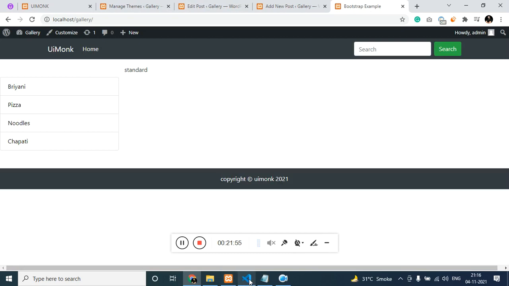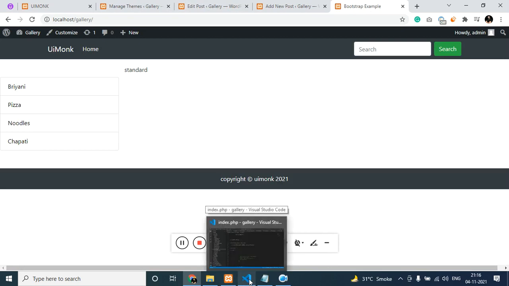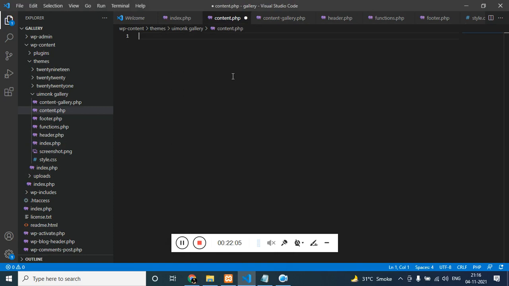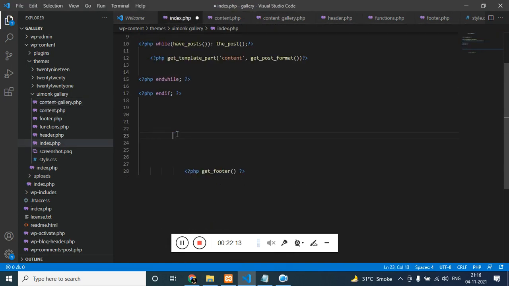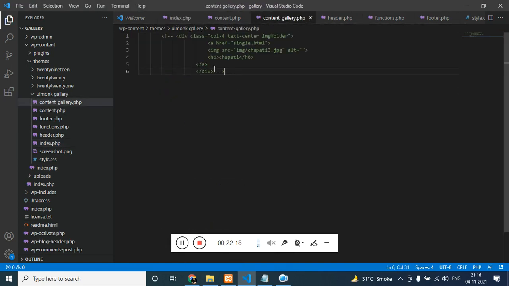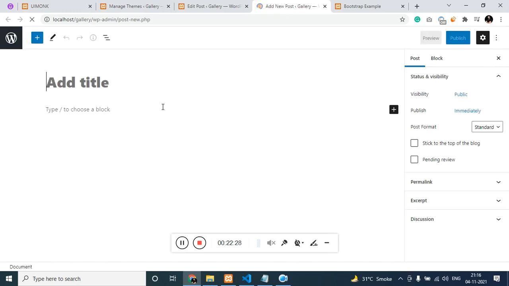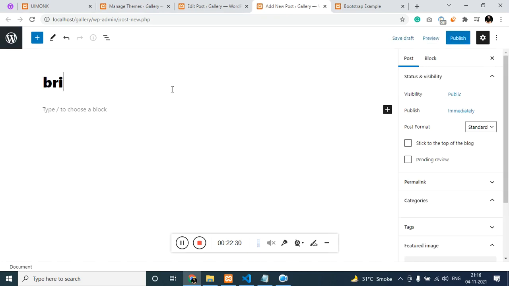By this time you might have understood that based on our selection, the page is getting created. In case you want a separate design, you can create that separate design over here. Now we are going to stick to the normal flow. For that, the normal flow HTML is here. Let's just paste this. Let me create some posts. Before that, I'll show you only one post added and then I'll pause and work in the background.